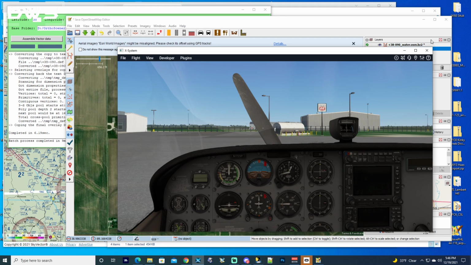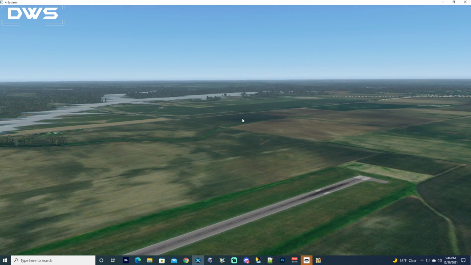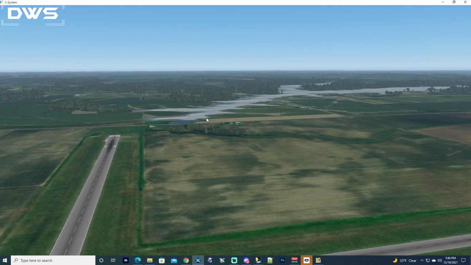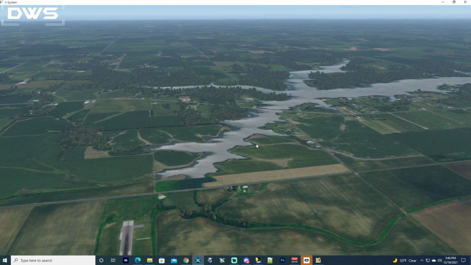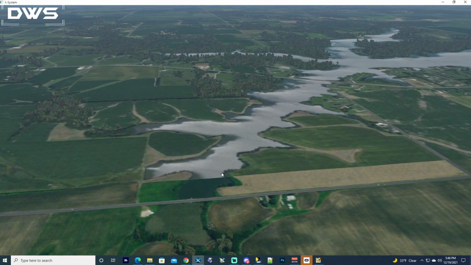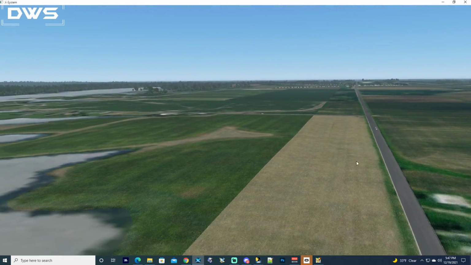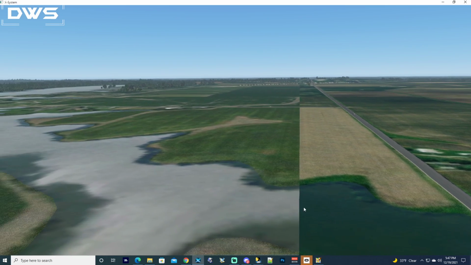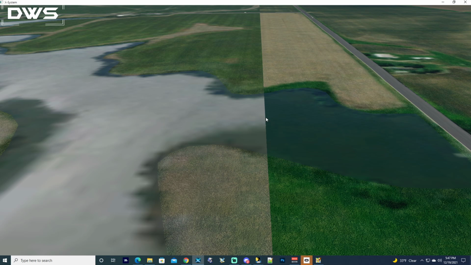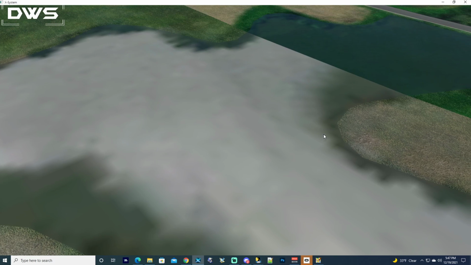And so I'm just going to pop out of the cockpit. We'll look around here real quick. So if I go up, and if I look to the north, there you'll see this is Lake Vandalia, and you can see the water boundary right there. You can actually see this is a tile boundary, so this is the north side of the latitude. So this is where it finished making the tile, and then this tile here is one tile to the